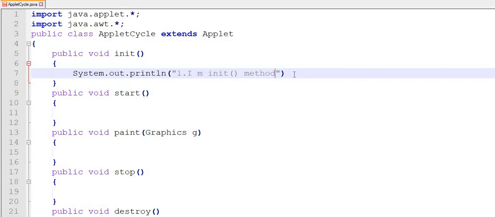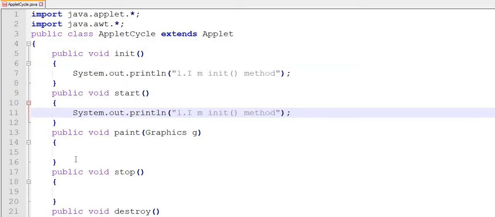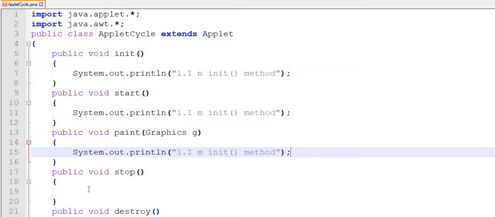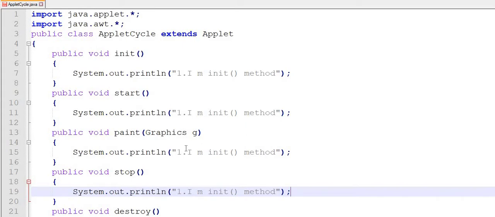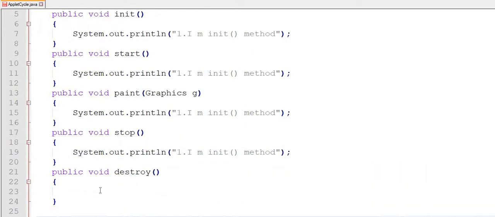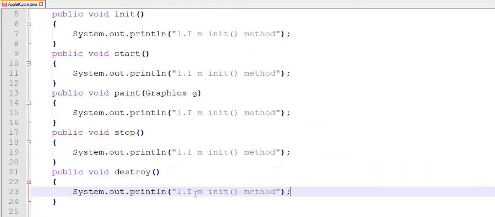And don't forget to give the semicolon. I'll copy this, Control V, and in the last, in destroy also. So it's the 5th method, and "I am in destroy method".